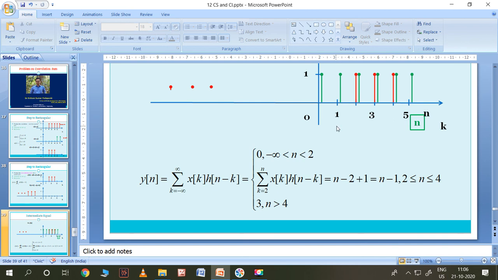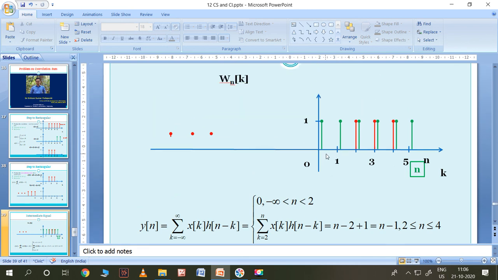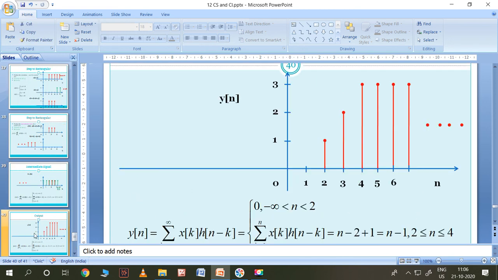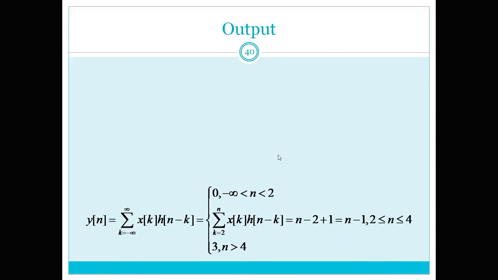So this is the intermediate signal. I am talking about intermediate signal w of n, k. Now for this we need to substitute sigma. Of course, here in formula base it was already completed. Now we need to draw the figure. Okay, let me make it bigger. Now the output figure, this is the output signal formula based thing, and now I need to draw the diagram for this. So how to draw this?